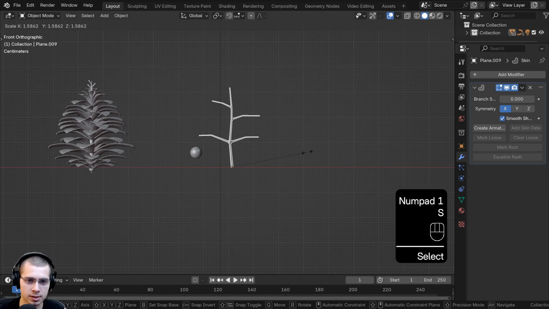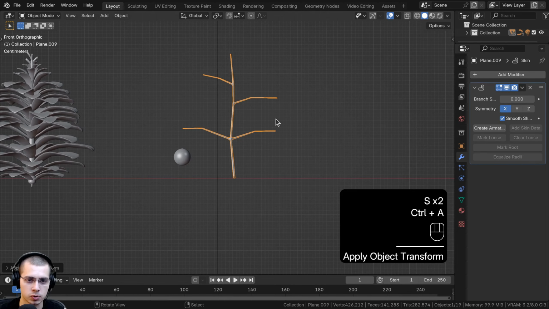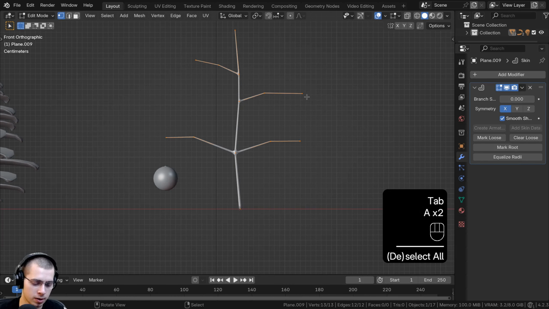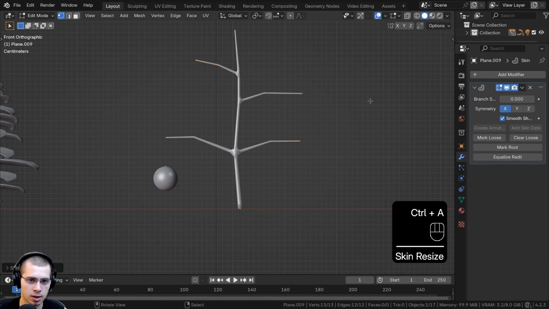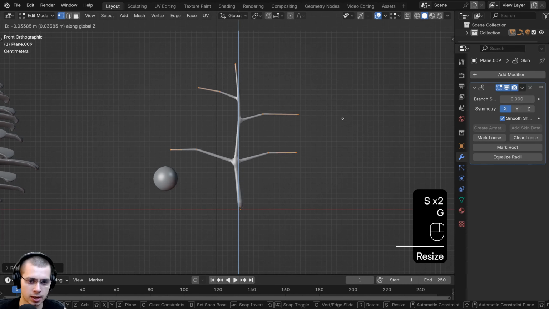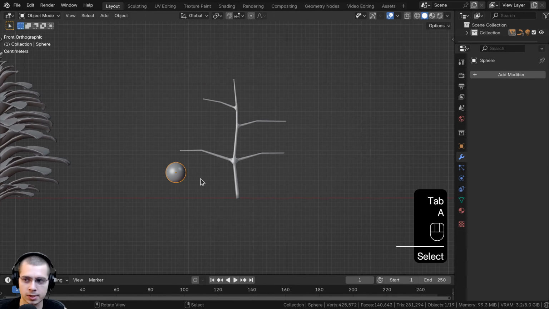And I think I'll scale the entire twig up a little bit and then press Control A and apply the scale. And then you can go back into edit mode and select everything and press Control A just to change the thickness. And also I think I'm going to scale it all down a little bit so it's squished down a little bit more. All right, so I can now select the berry and I'll duplicate the berry, put a berry right there